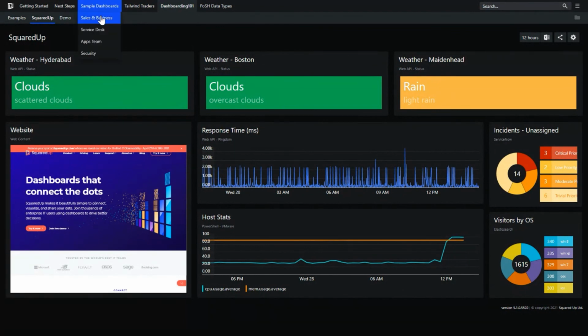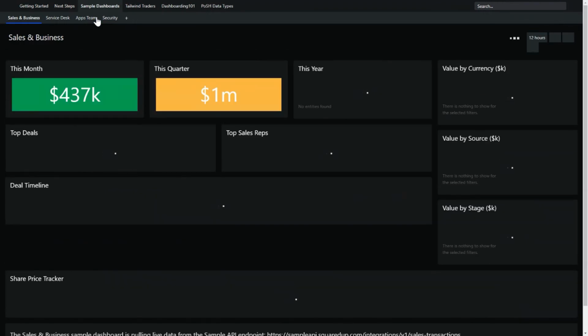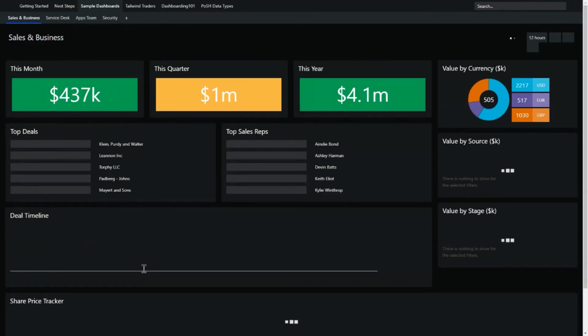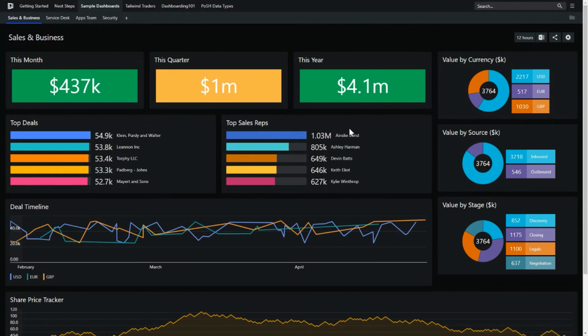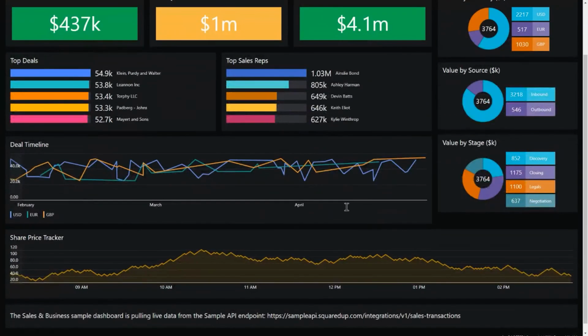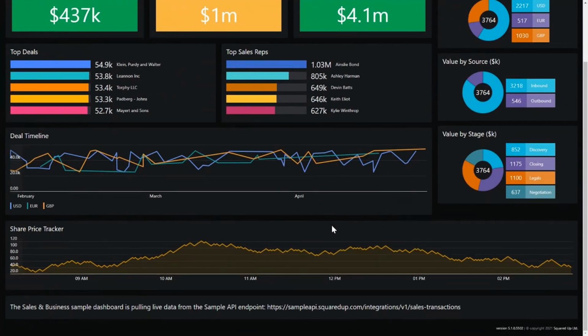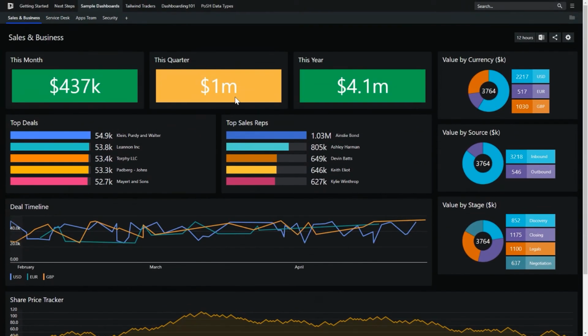But you can create dashboards for anyone. You could create something for your sales and business teams to look at. You could show the current finances, the sales data here. We've got things like a deal timeline and value by currency, by source. We've got some different data we're returning here. So we can create a nice dashboard for our sales teams or our finance teams. You could create